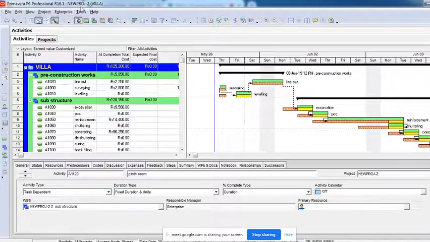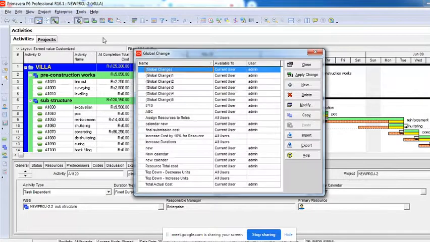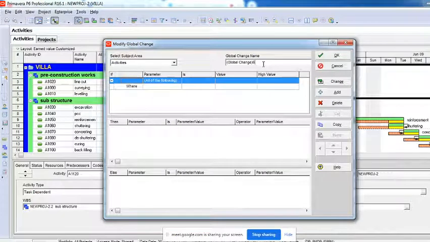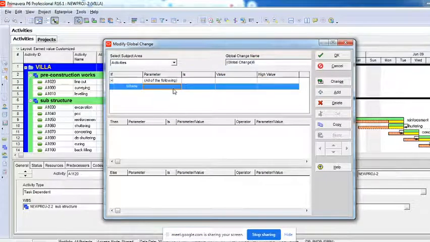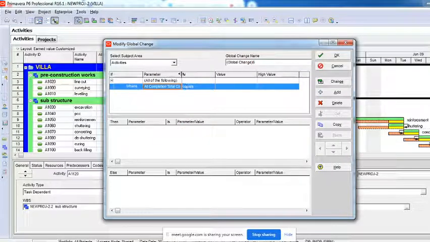I'll go to this option called global change. I'll say new, and give whatever name you want to this. Now here I'll bring at completion cost. Okay, at completion total cost.